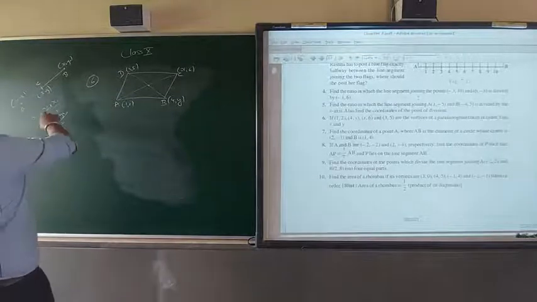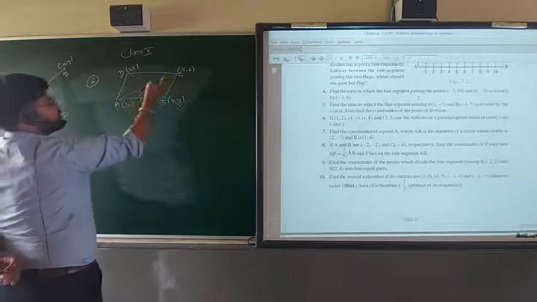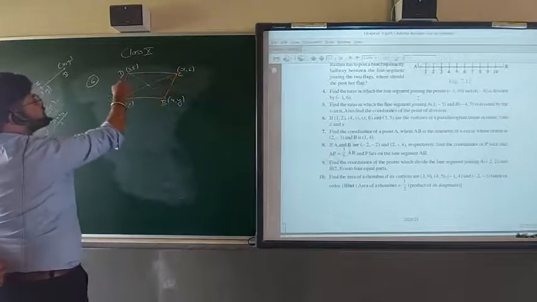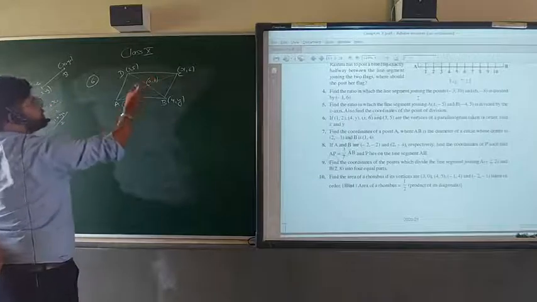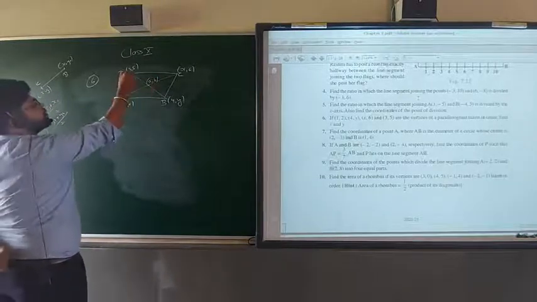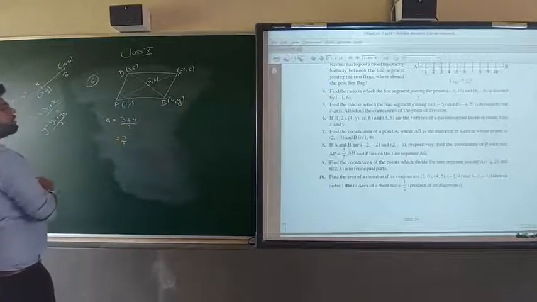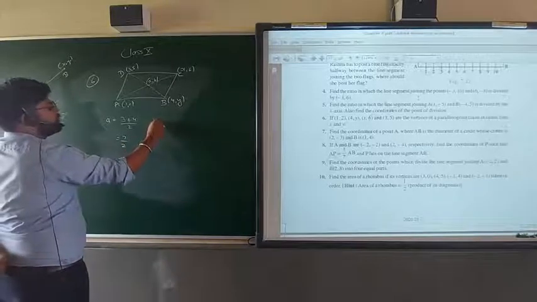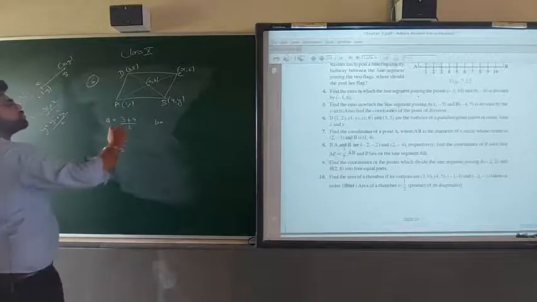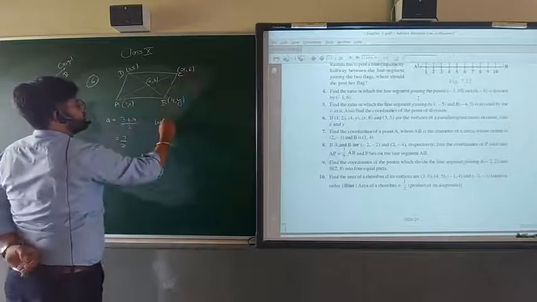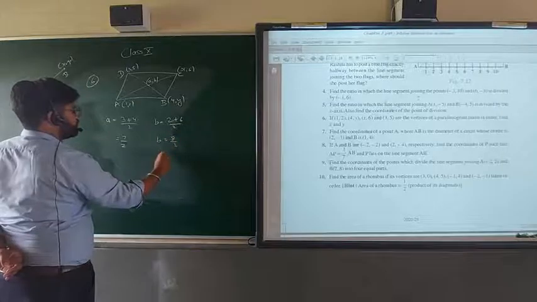If I apply x1 plus x2, that is 1 plus x upon 2, the x value is not known, so how can I take this one? Now I take 3 plus 4. So I will take the points A and B. To find the point A, I will go 3 plus 4 upon 2, which will be 7 upon 2. So the value of A is 7 upon 2. And for B, y1 plus y2 upon 2, if I apply 5 plus y, I can't go that way, so I will go from here: 2 plus 6 upon 2. So 8 upon 2 will be 4.